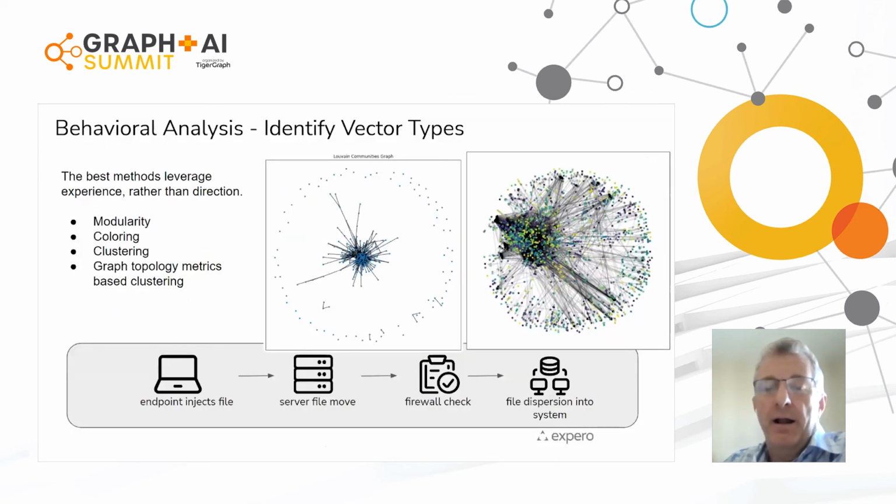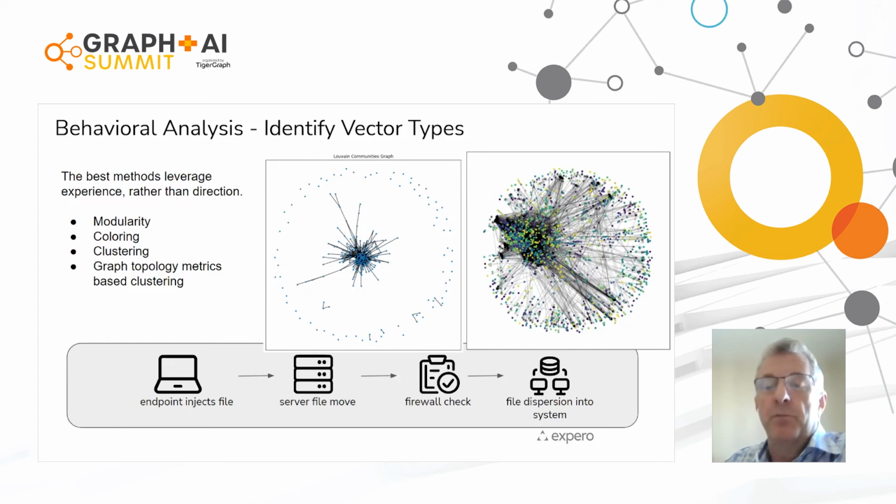Now, what that allows me to do then is I can use very complicated mechanisms to realize things like blast radius. I can use that endpoint data. I can use coloring in the graph. I can start to do very advanced kinds of things. And whether I do this again in TigerGraph Studio, et cetera,